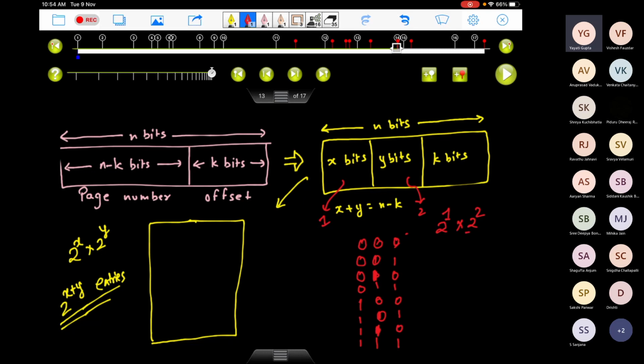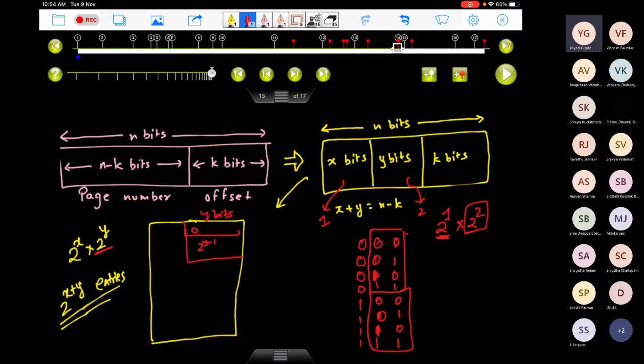What is that representing? If you look at this portion corresponding to 2 to the power 2, it gets repeated, in blocks of 4, and it is repeating for each of these 2 bits here. If you look at this 2 to the power y, you have these y bits here, which will go from 0 to 2 to the power y minus 1 in binary, and this entire thing will repeat, similar to how it is happening here. If you look at this 2 to the power 2, it goes from 0 to 3 and it repeats. So it will go from 0 to 2 to the power y minus 1, and again repeat from 0 to 2 to the power y minus 1.